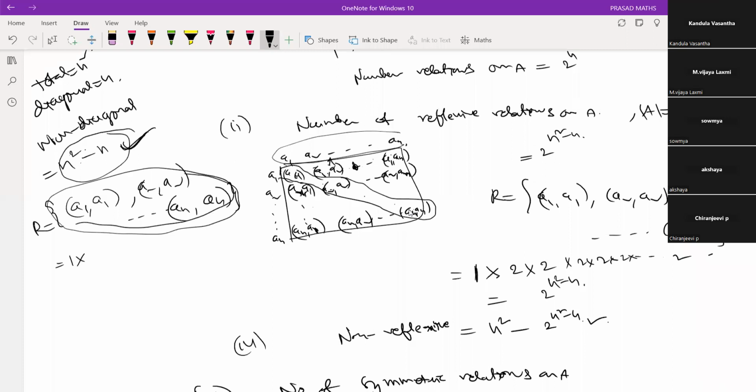The rest of them are non-diagonal. So the total number of elements is n square, n into n means n square. Diagonal elements are n. So non-diagonal elements,